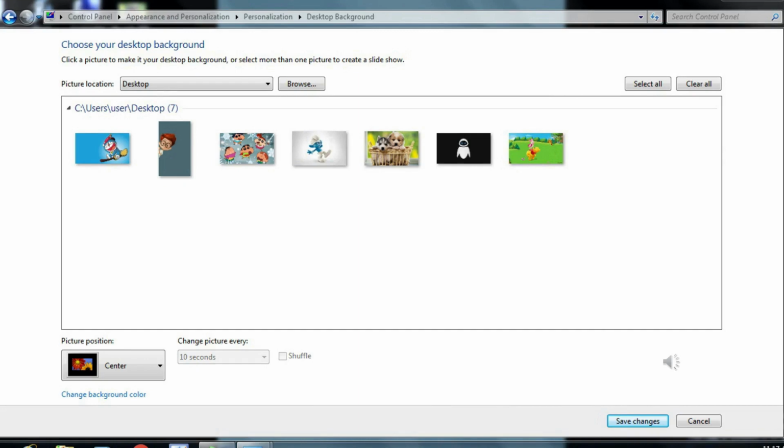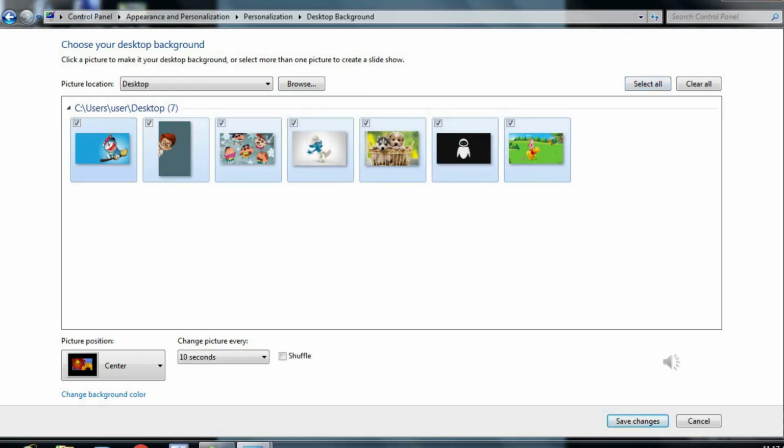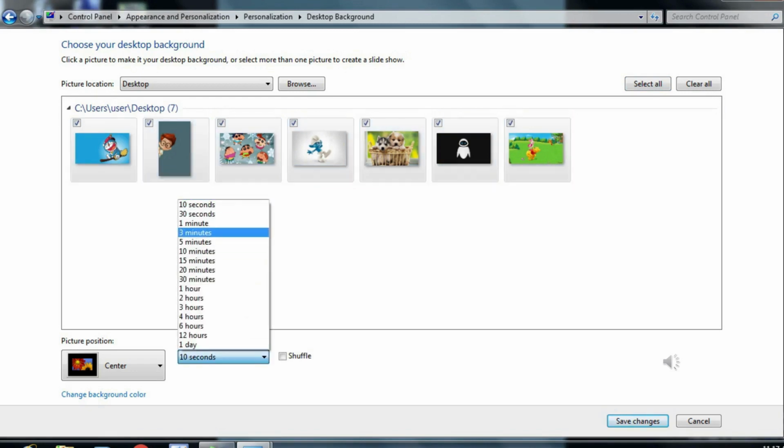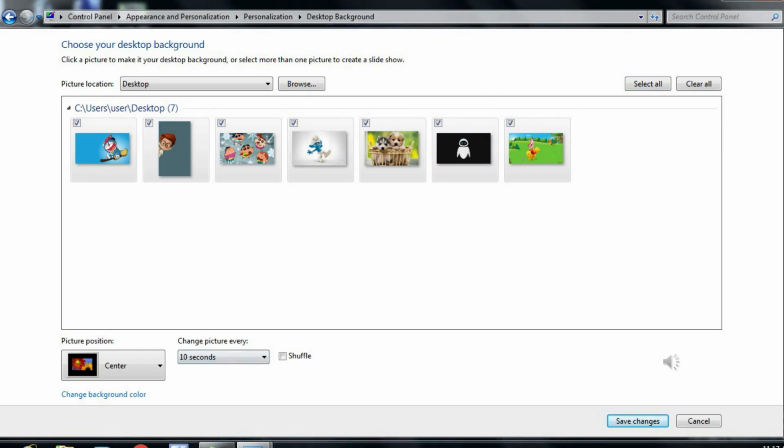You can change the picture at regular intervals like 10 seconds, 3 minutes, 5 minutes, 30 minutes, etc. Then automatically different pictures will appear on the screen as a slideshow. For that, select multiple pictures from the folder and select the time interval in the Change picture every drop down menu.